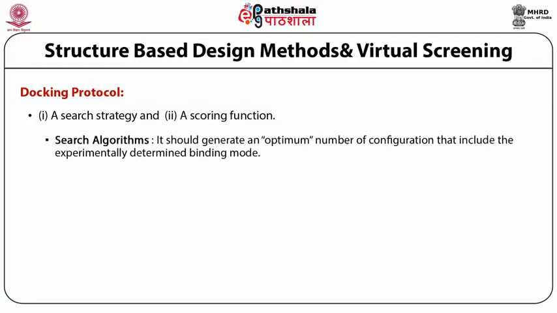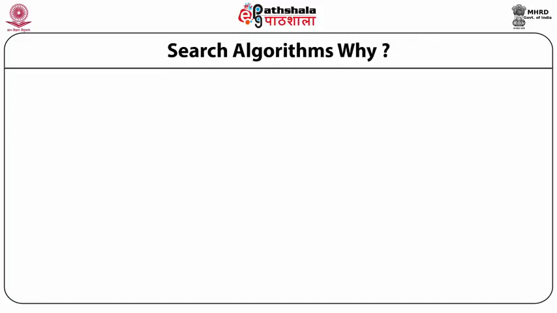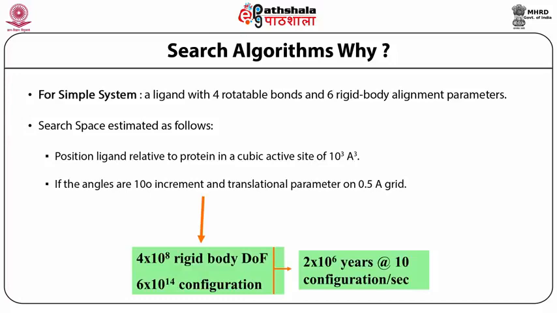Such an algorithm should make an optimum number of different conformers of the molecules, and also include as much structure as possible which is experimentally known. A rigorous search must be done, which is possible for the binding modes of the molecules. Now, what are these degrees of freedom and how many should it actually account for? That is the next slide. Now, the search algorithm is the most difficult part, because a ligand with 4 rotatable bonds and